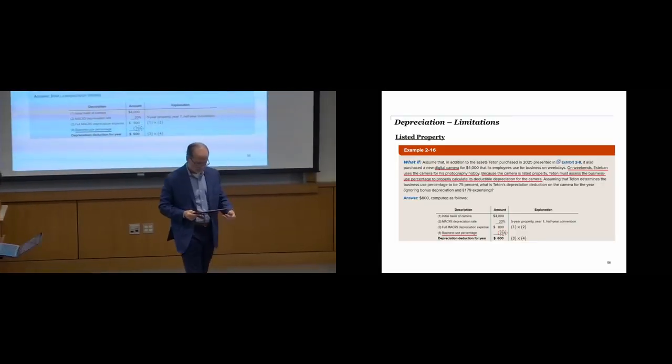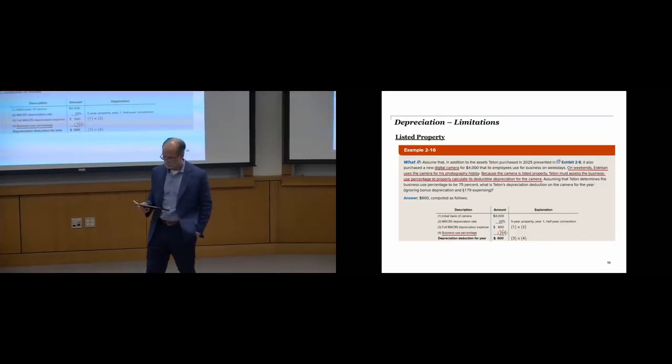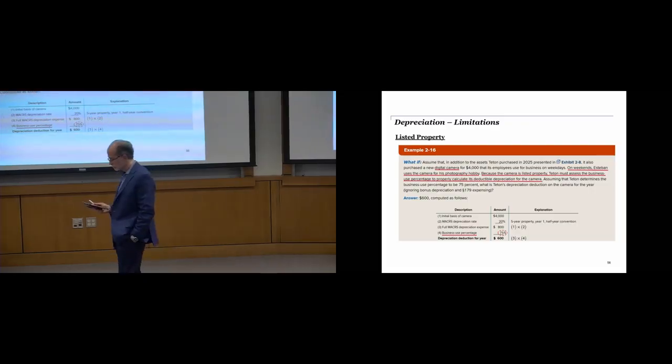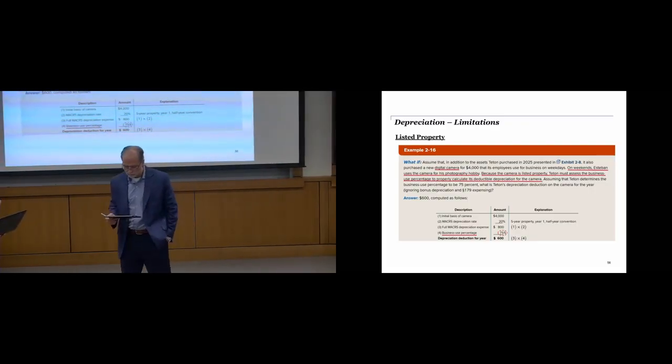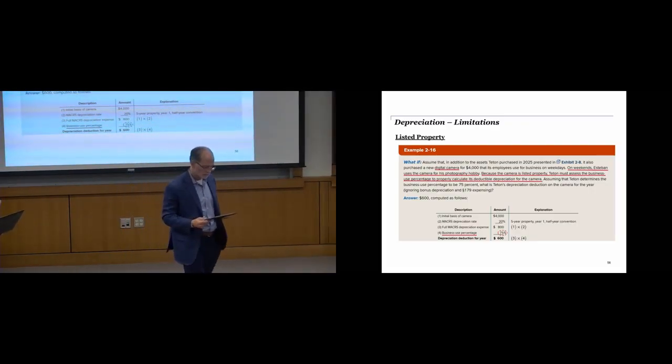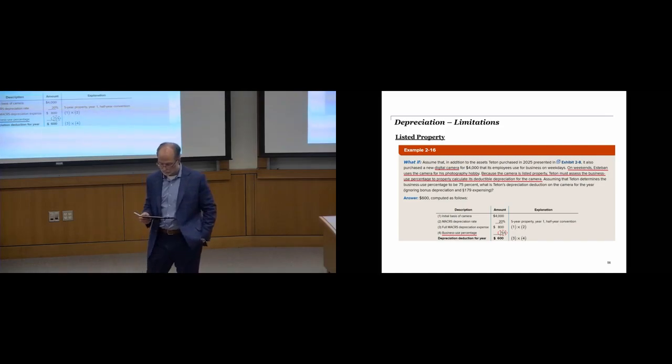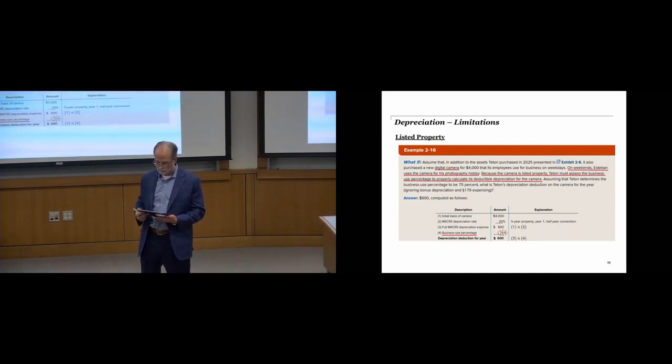Assume that in addition to the assets purchased in 2025, it also purchased a new digital camera for $4,000 that its employees use for business on weekdays. On weekends, Esteban uses the camera for soccer lives. Because a camera is listed property, the tenant must assess the business use percentage of the property for depreciation of the camera. Assuming the tenant determines that business use percentage to be 75%, what is the tenant's depreciation deduction on the camera per year, ignoring bonus depreciation